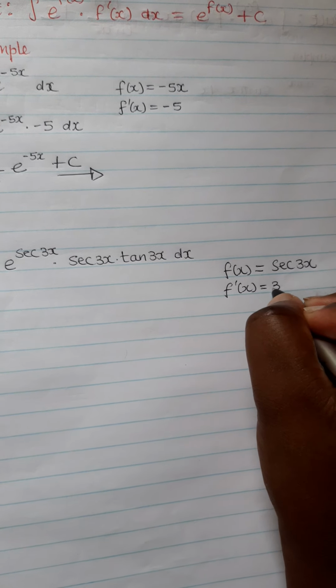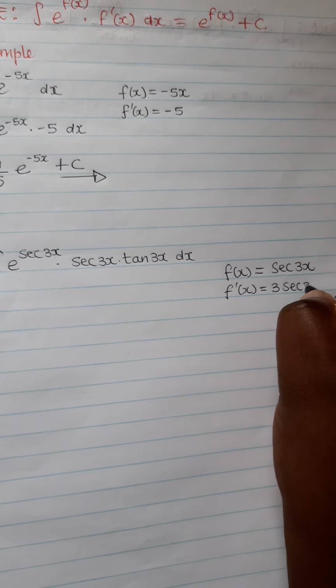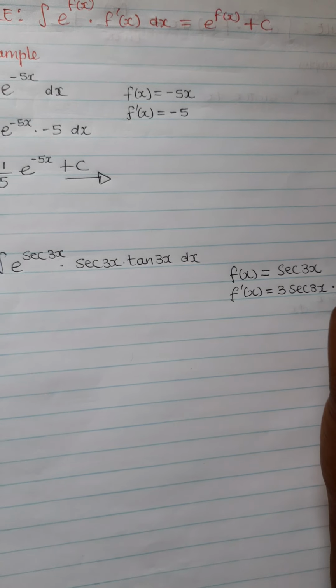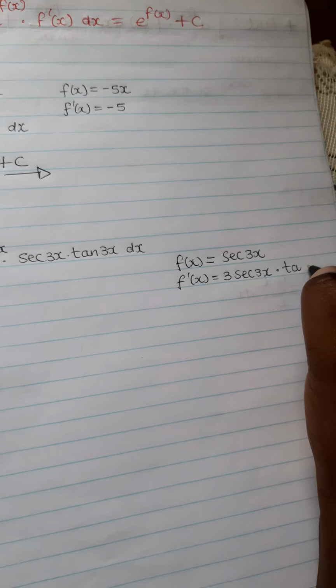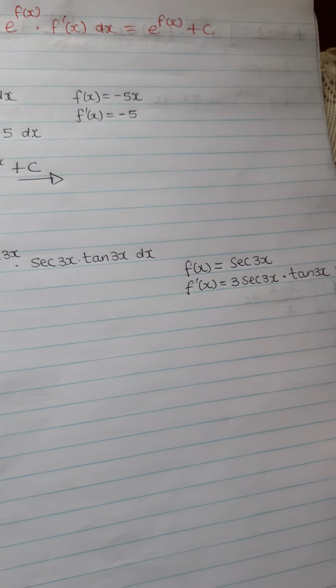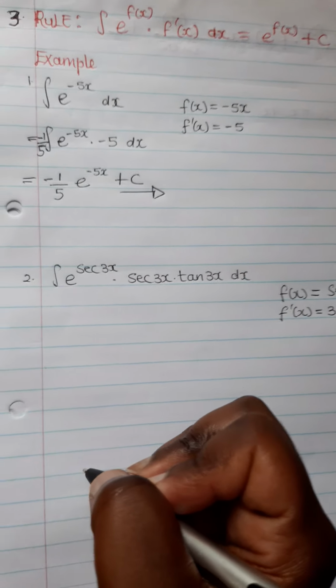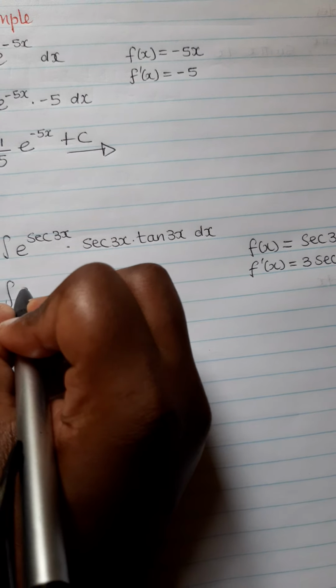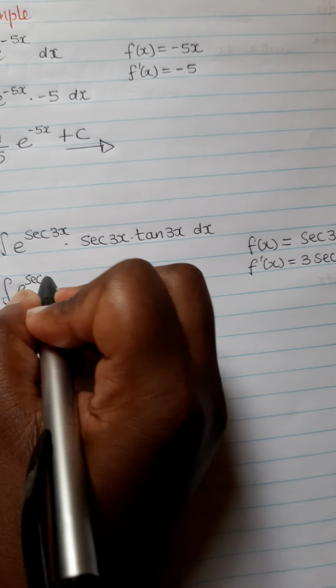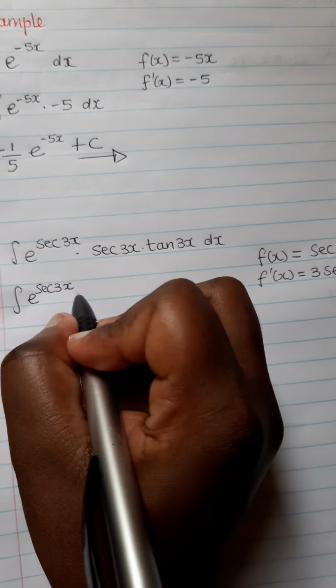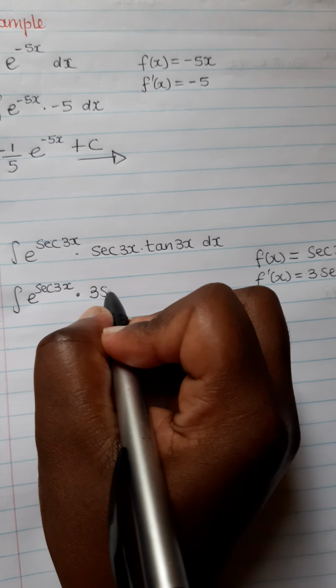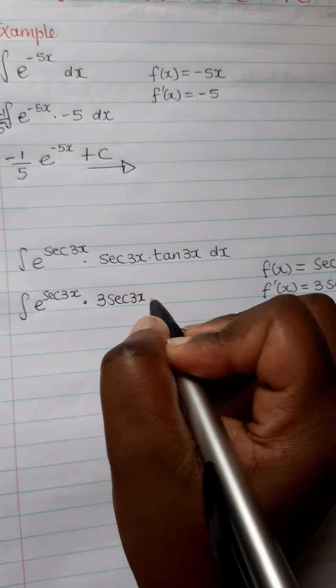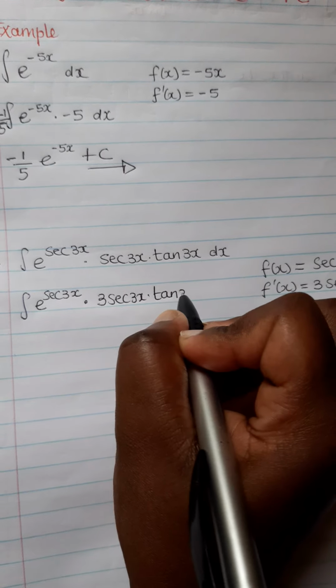It will be 3 sec 3x times tan 3x. Now, we have to rewrite this whole equation. So, it's going to be equal to the integral of e to the power sec 3x times 3 sec 3x times tan 3x